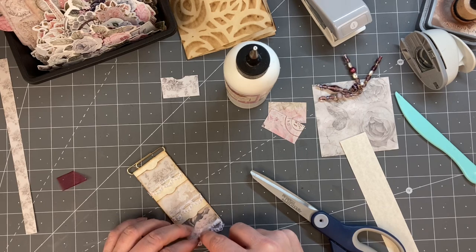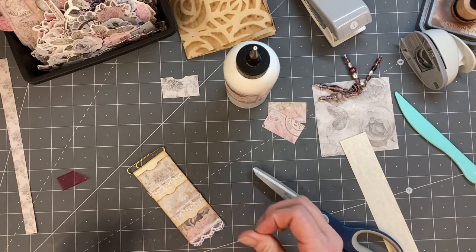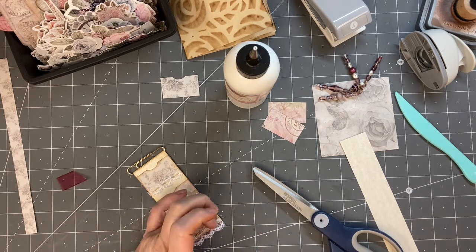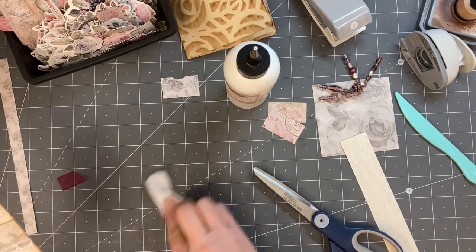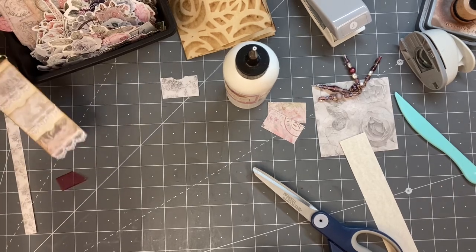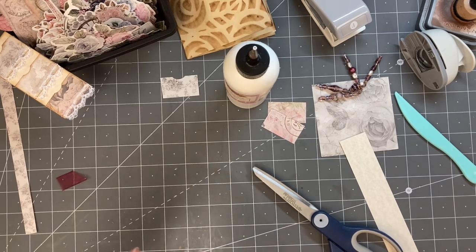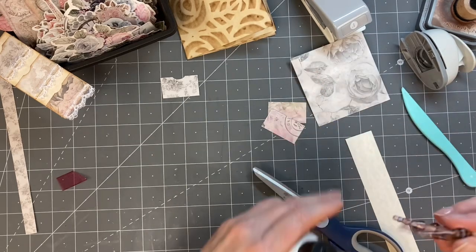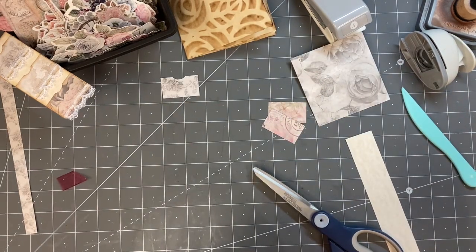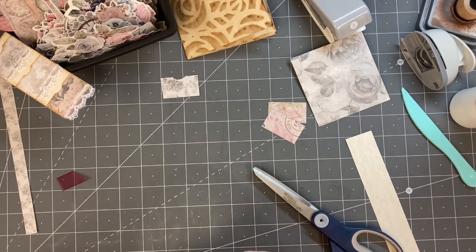Okay, now what I'm gonna do is let that set for a second, and then I'm gonna pick it up just so that we can make sure it's not sticking to my board. I'll let that dry for a second, and then on one side I'll put the liquid pearls, and when it's dry I'll flip it over and do the other one. That one will have to be off camera, but